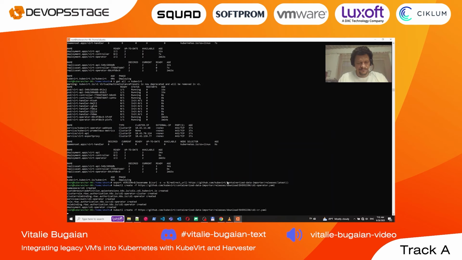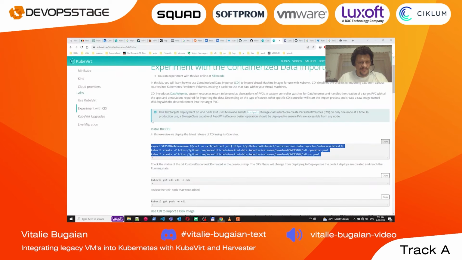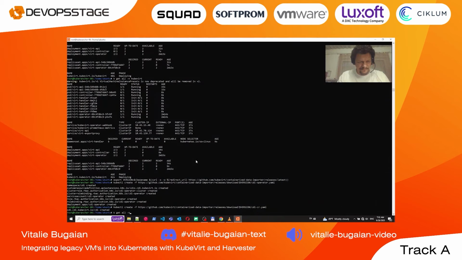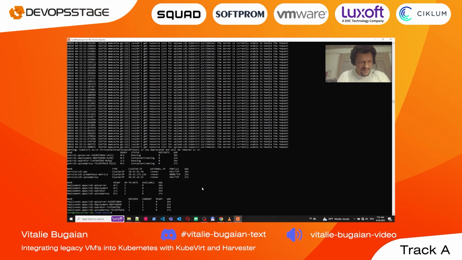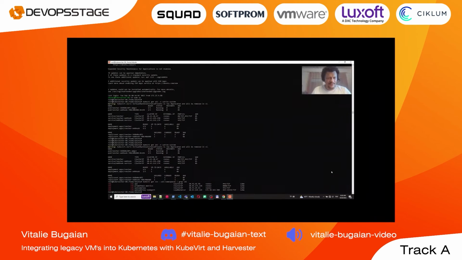Okay, and now we have to expose that service in the CDI namespace. Let's see what it installed there. Yeah, still some stuff to install here. This is the service that we will have to expose. You can see here it has no external IP, and let's expose it. Okay, it looks like